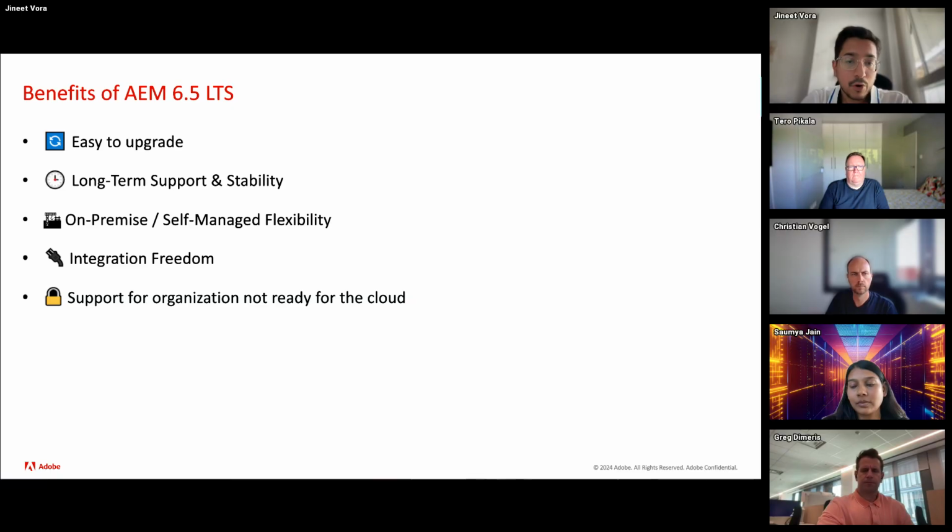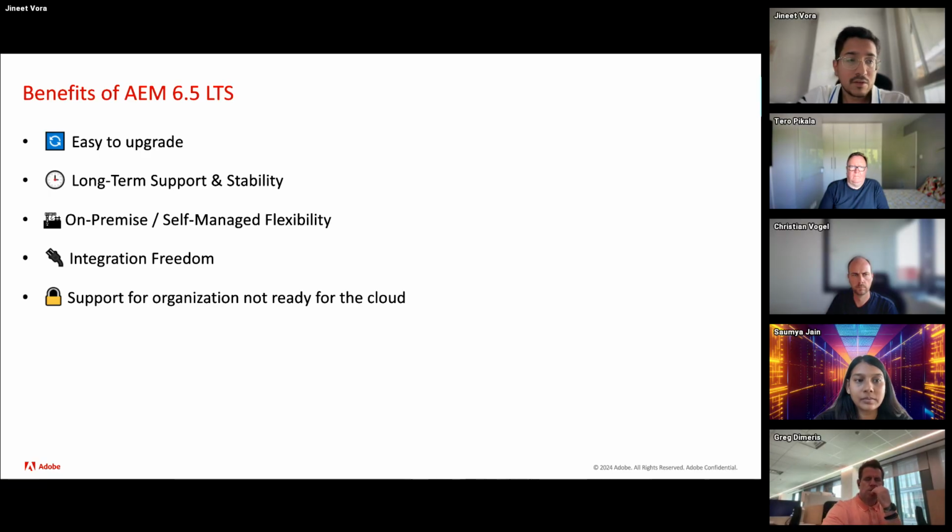And it supports organizations who are not ready for the cloud. There can be cases where infrastructure, compliance, or integration related issues arise for enterprises, so there is not a clear pathway to move to the cloud.